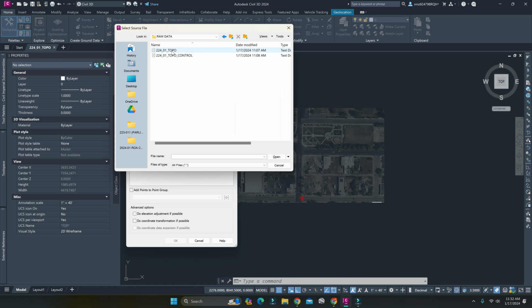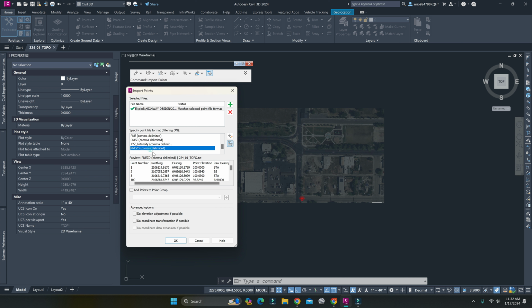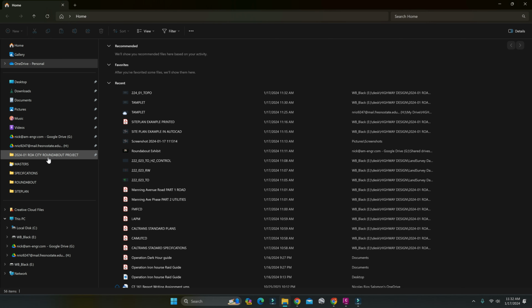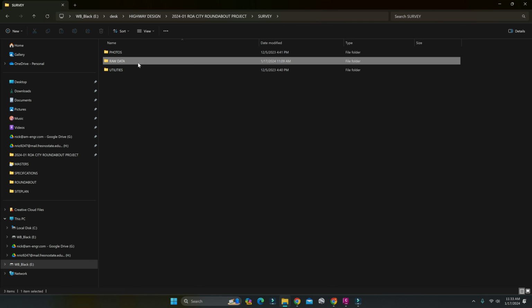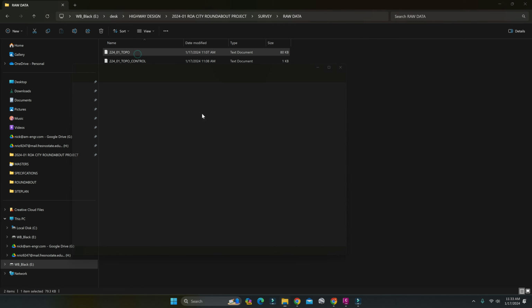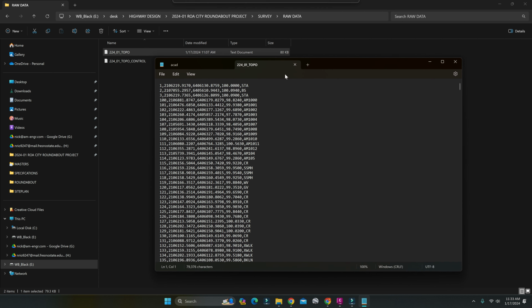Here it is, and there's the topo, and there's the controls. We're gonna hit open. This format is this one. If you'd like to see what PNEZD means, it's a common denotation, their type of styles of recording data in an Excel format. So what you're gonna see is the point number, the northing, easting,